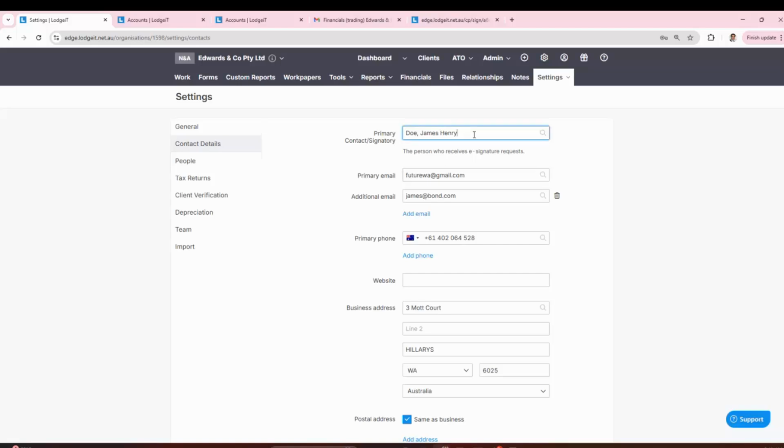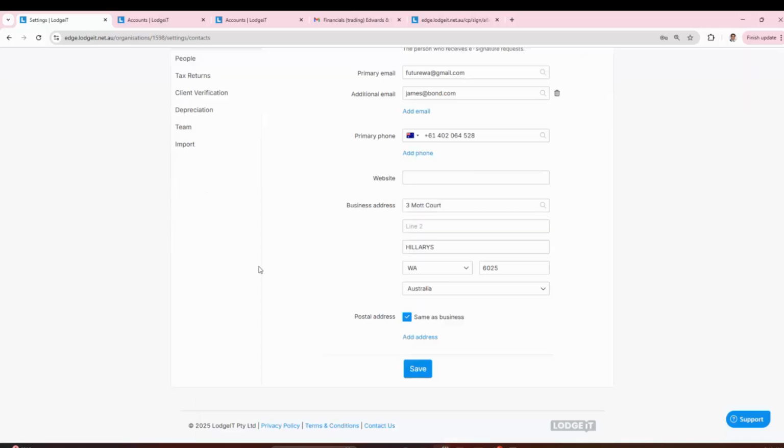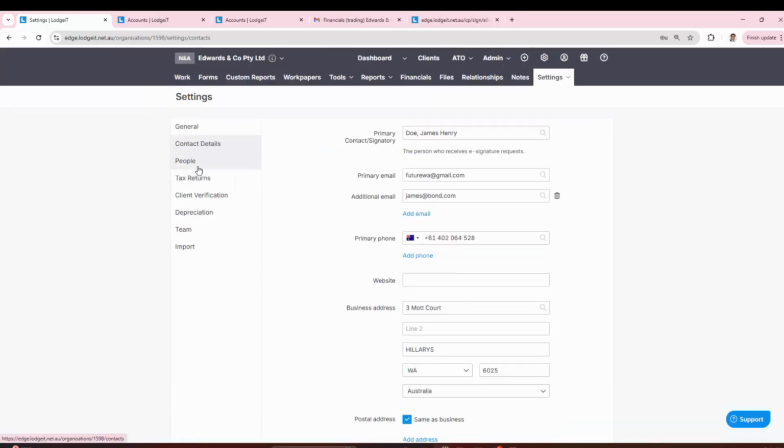Contact details, so make sure your contact details are filled. Contact details are easy to select out of the system. It's just one of the clients, and the email is going to belong to one of the clients. So you just type and it'll find it, right? So it's a nice predictive text search. Same thing with the addresses, and then finally